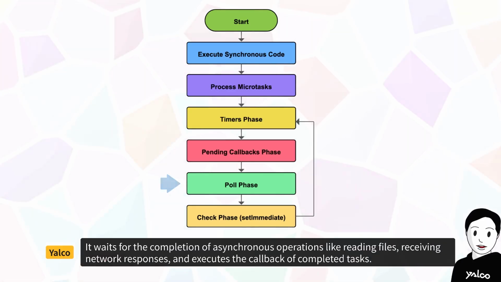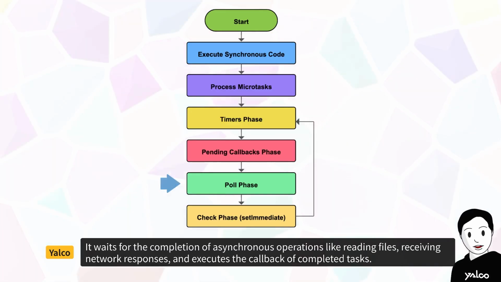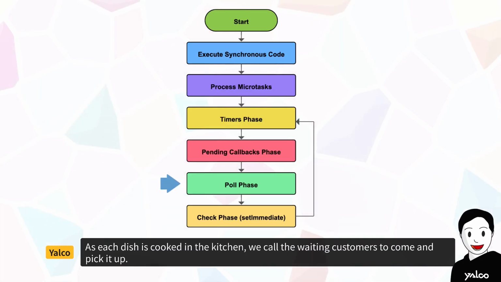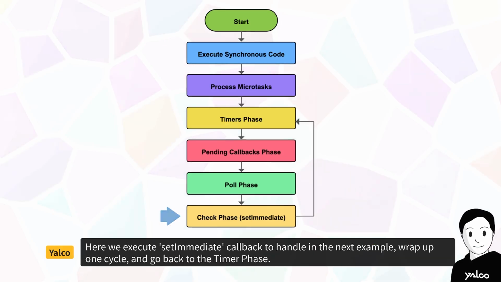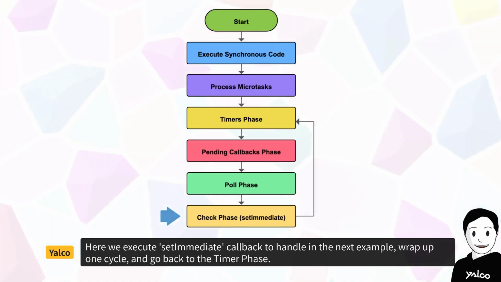It waits for the completion of asynchronous operations like reading files, receiving network responses, and executes the callback of completed tasks. As each dish is cooked in the kitchen, we call the waiting customers to come and pick it up. Lastly, there's the check phase. Here we execute setImmediate callbacks, wrap up one cycle, and go back to the timer